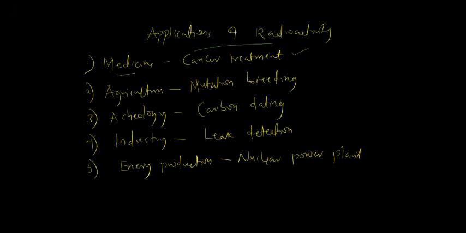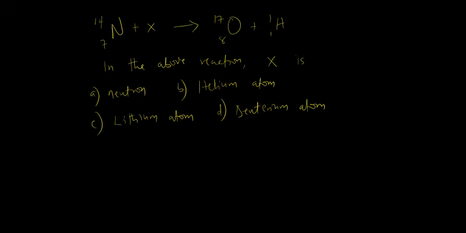Then radioactivity yana da amfani a agriculture, especially yadda ake mutation din breeding, sannan kuma archaeology for carbon dating, industry for detection of the leakage kamar leakage na pipe haka da sauransu, sannan kuma in energy production as in nuclear power plant. Now these are some questions da za mu dudduba, haka sai mu concluding discussion din mu akan